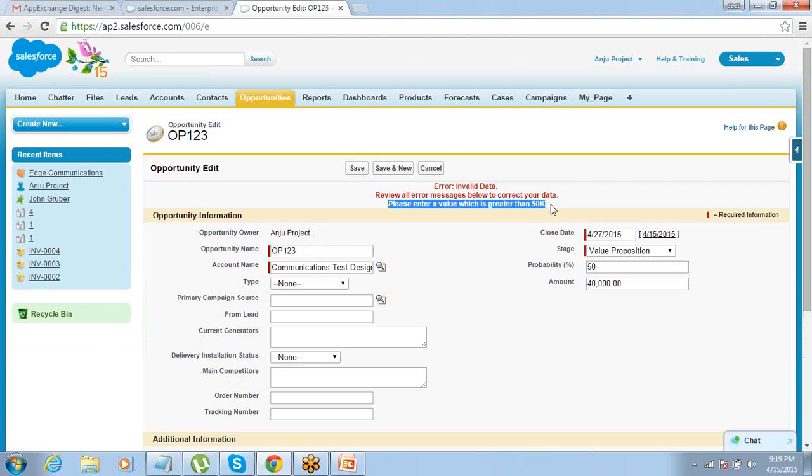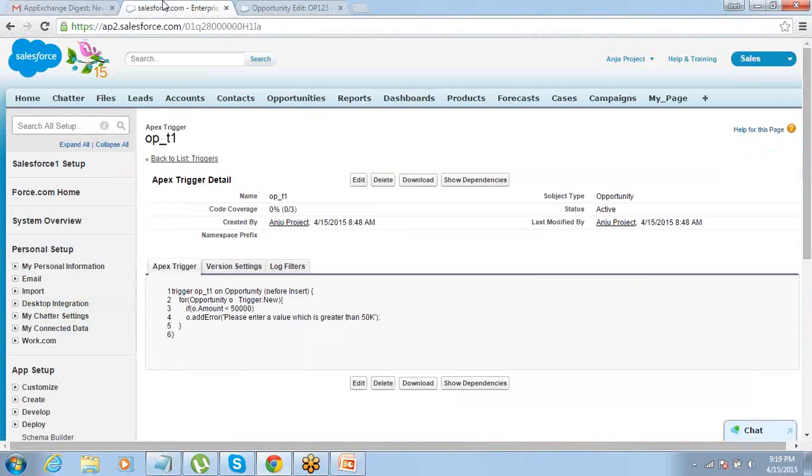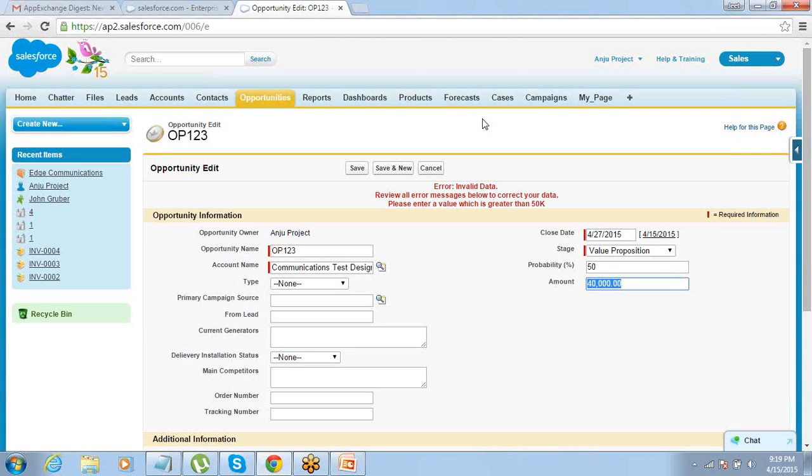So the error is being thrown. Now if you look into this, this part is clear, right? We have written the code, we have written the trigger, and because my trigger checks whether the value is 50,000 or not, it throws an error if it is less than 50,000. That's there.